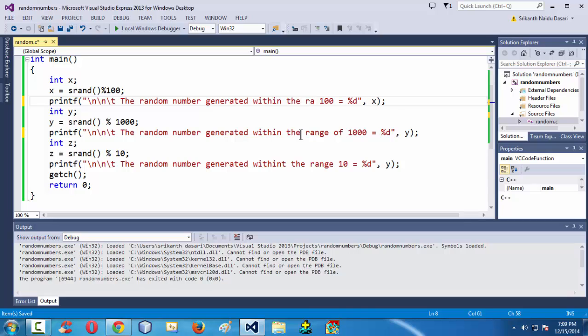What I have done is I have just controlled the range of the random number which is going to be generated dynamically under 10. It should fall under 10, so for that reason I have used this syntax here. I'm storing that generated random number in the z variable, and I'm outputting it using z here. Okay, so if I run the program,